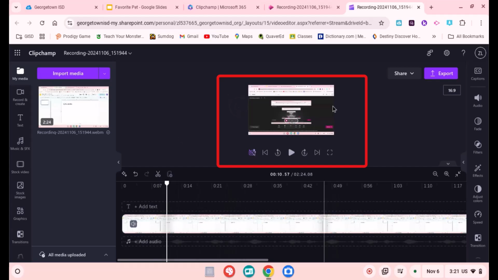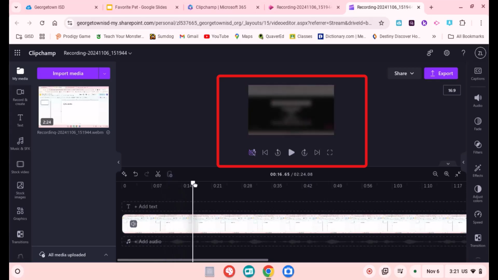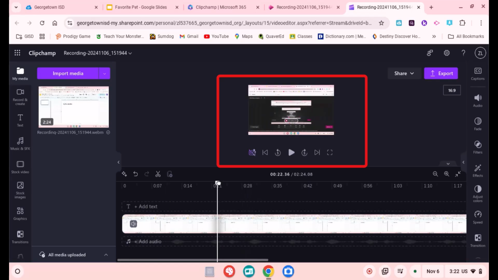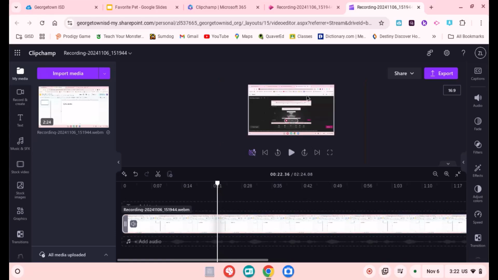So I'm trying to get past that beginning part where it was recording basically the Clipchamp tab. If you watch the area I have marked with the red rectangle, it can help you see where you're at in the video as you move the playhead on the timeline. Okay, I think the playhead's in the right spot. Might be a little